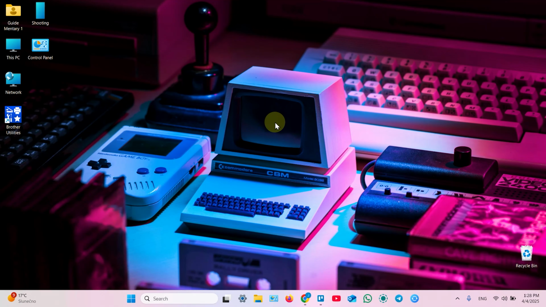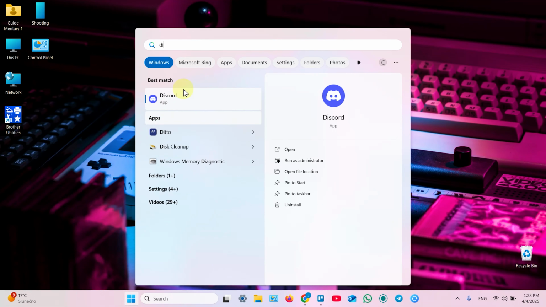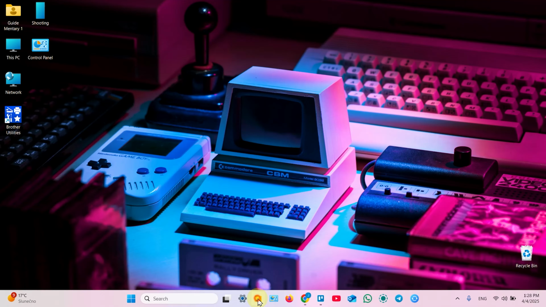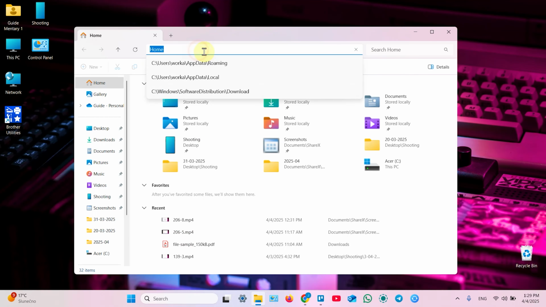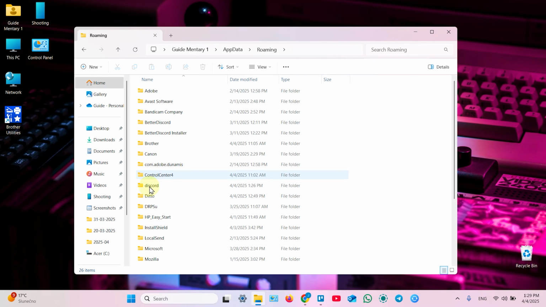If that didn't help, you may need to reinstall Discord. To do this, click on your Start icon, find Discord, start typing Discord, then uninstall this application. After this, open your File Explorer once again and go to the same folder, %appdata%, and delete the whole